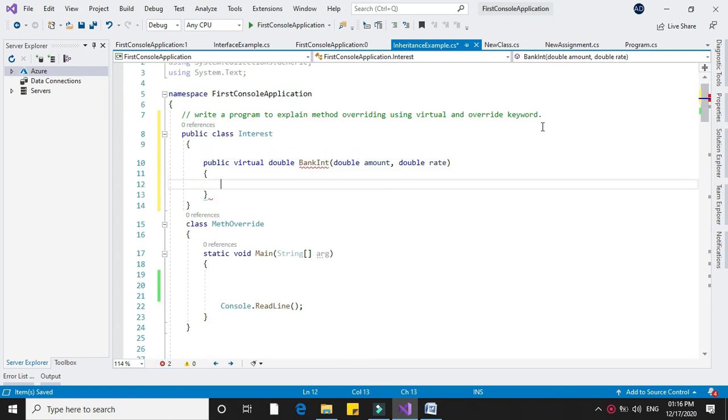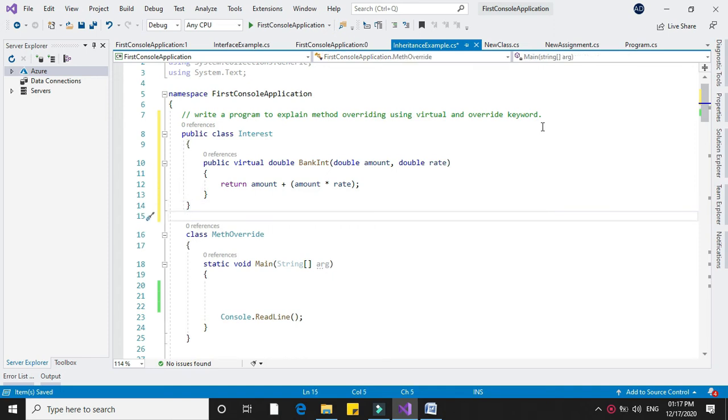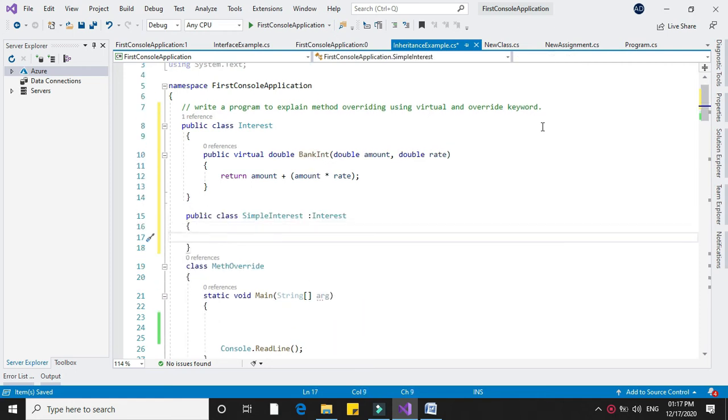And in that I will return amount plus our interest amount, that is amount into rate. After that I will declare another class simple interest which inherits interest class.